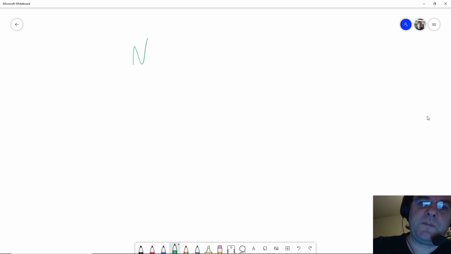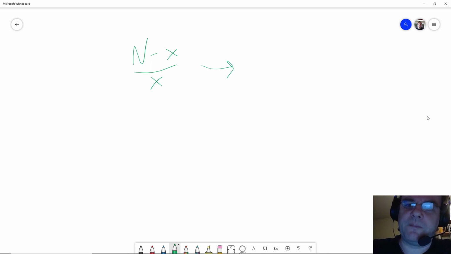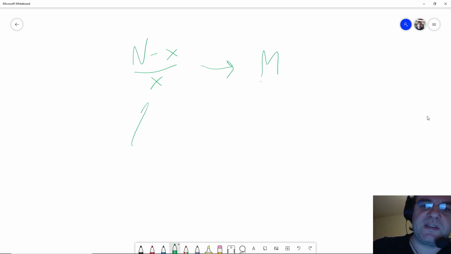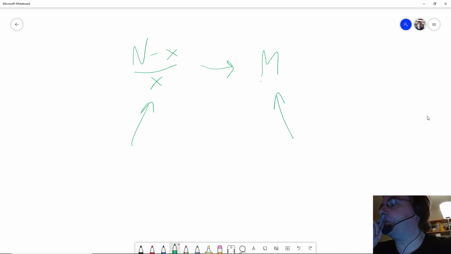So you have n. Basically, you do this, and now you have a new version of the problem. So now you have m, and this has to be composed of a similar sequence. It's not quite the same sequence because the minimum possible x for this is 3. The minimum possible x for this is 2. The minimum possible starting value for this is 2. But aside from that, that is the one exception.